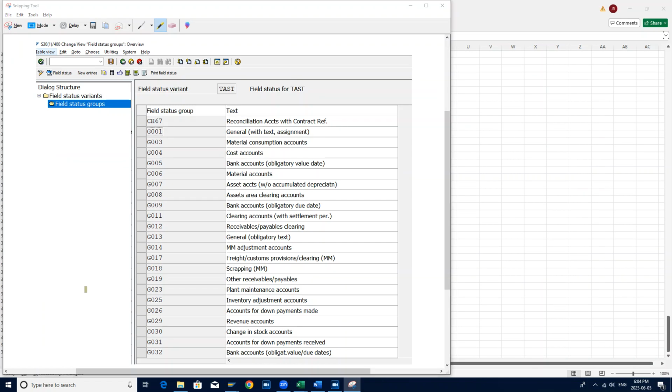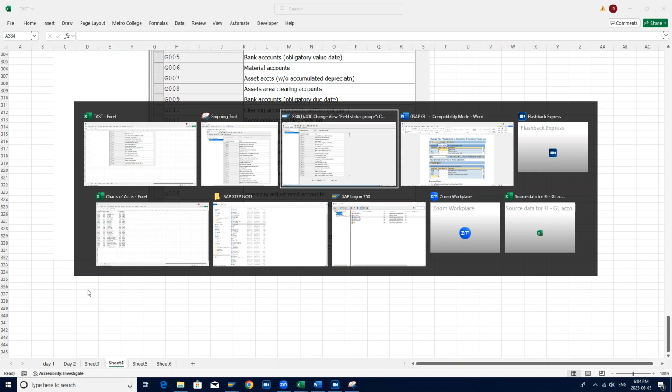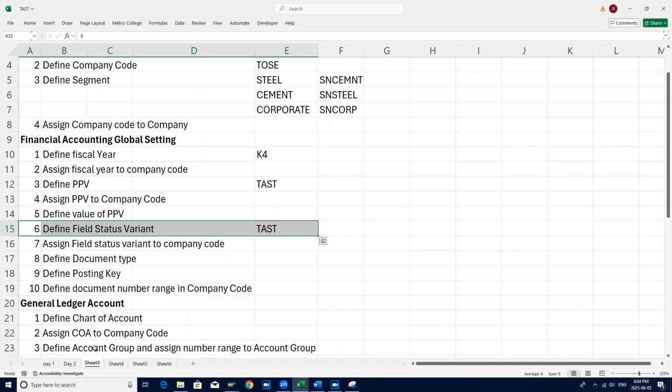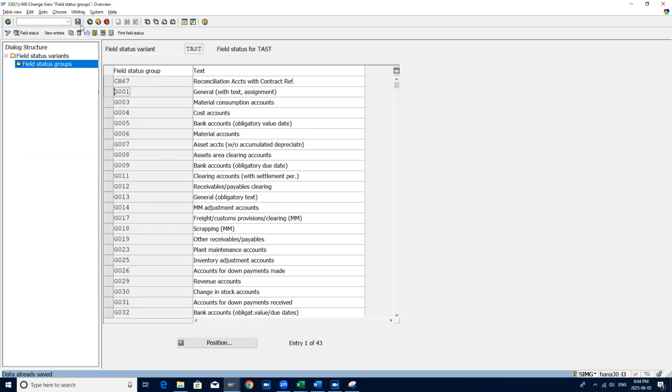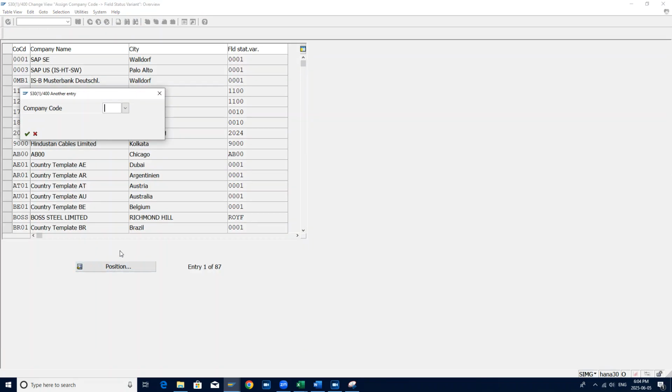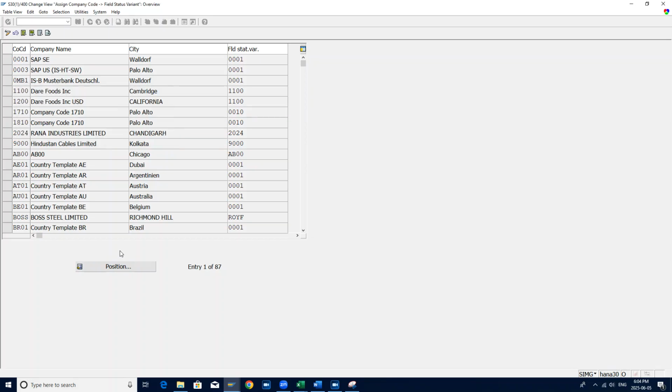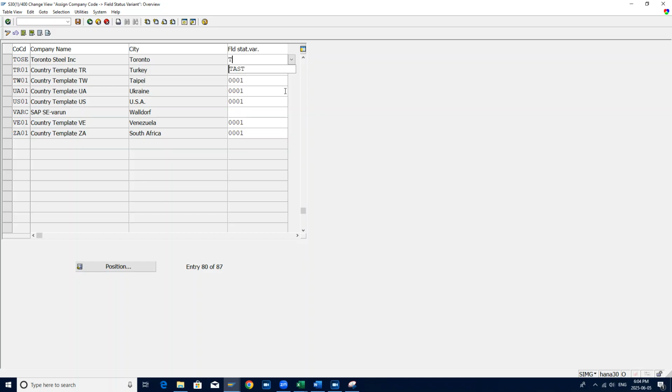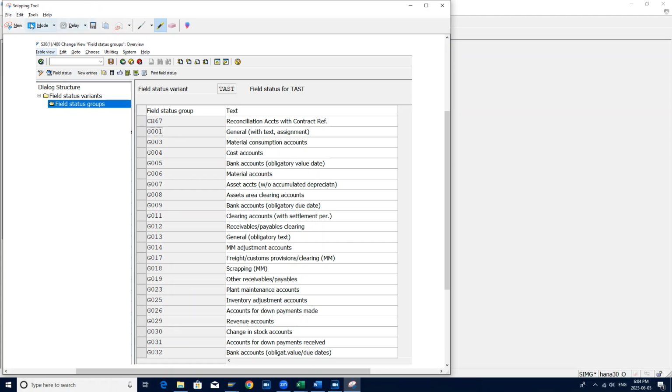Okay friends, so we have done the setting up to this field status. Then next is assign this field status to my company code. So how to do that? Need to go to the SAP, save it, go back, assign company code to field status, go to TOSE and assign TAST here, snippets, new entry,